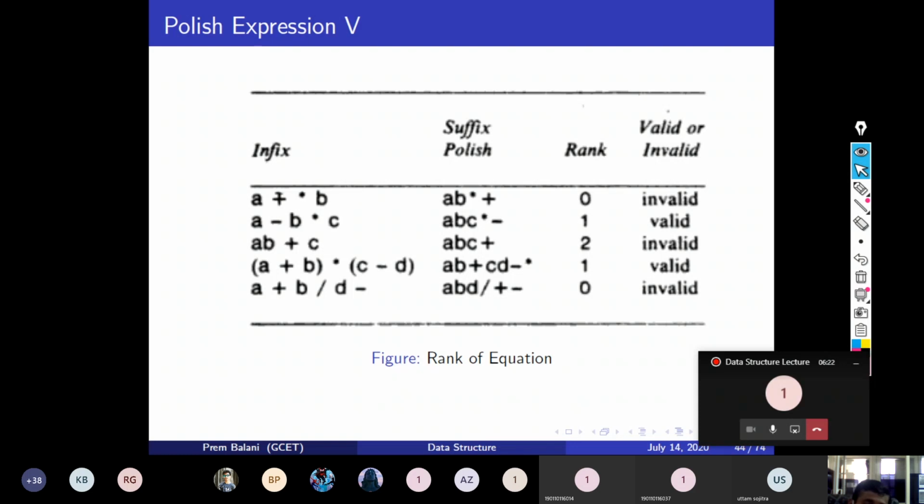Rank is counted by adding 1 for every operand and subtracting 1 for every operator, and when you finish scanning the whole expression, you should get 1. So this we have seen.